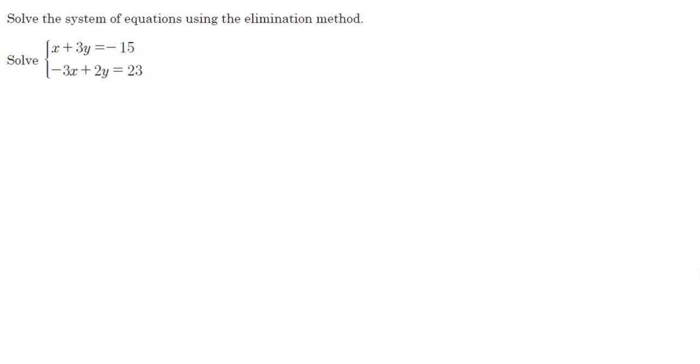So the first thing that we have to decide is what do we want to eliminate? Well, let's eliminate the x's. So if I look at the x's, a coefficient of 1 and a coefficient of 3, the lowest common multiple of 1 and 3 is 3. So what I want to do is I want both to have a coefficient of 3, one being positive, one being negative. So with my first equation, x plus 3y